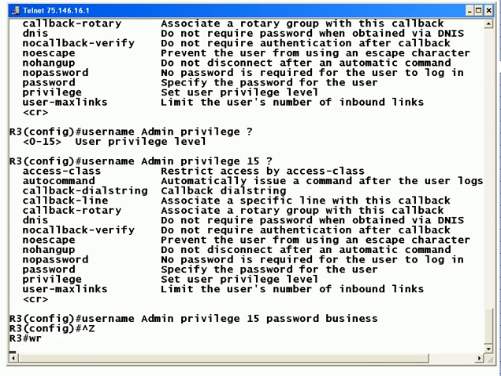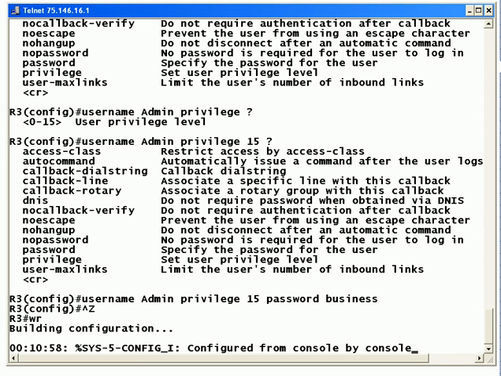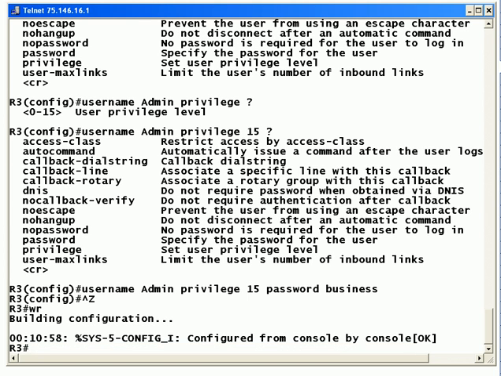So we'll go ahead and do a quick save there, but you're not done. Now we've created a username database, but now we've got to tell the VTY lines, hey, when somebody tries to telnet in, don't look for a password here on the VTY lines. Instead, go out to this database on the local router. And we're going to do that with